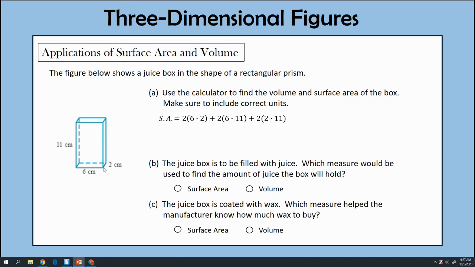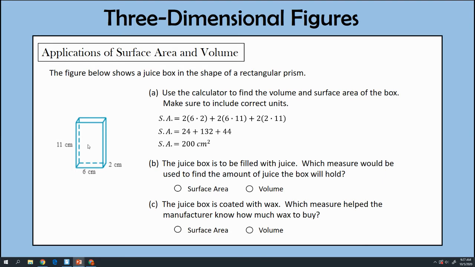And then the side here is 2 by 11. This side's also 2 by 11. So I'm going to take 2 times 11 and double it. So these twos in the front represent, all the faces now are accounted for because there's 6 of them. And then doing the math here, we're going to get 200 centimeters squared is the surface area for this juice